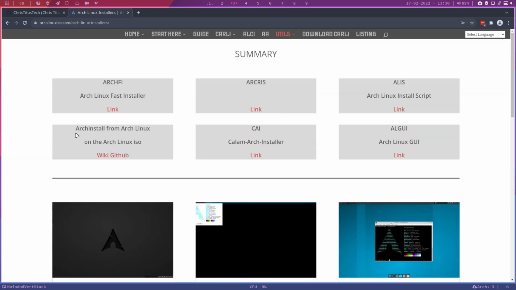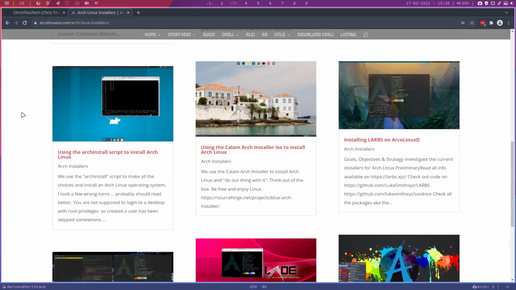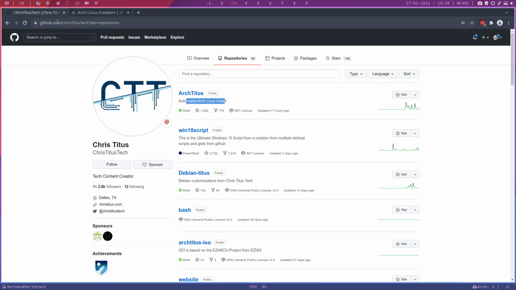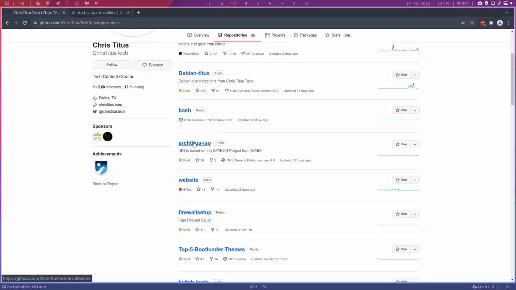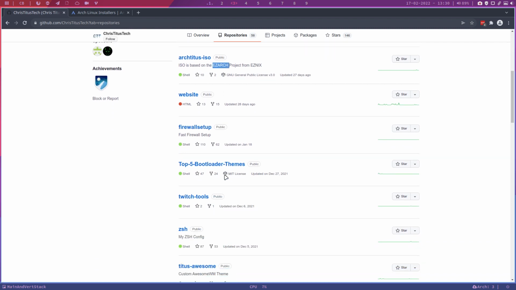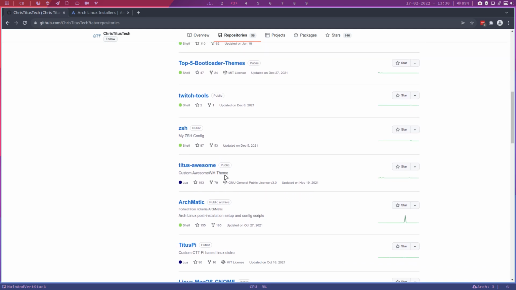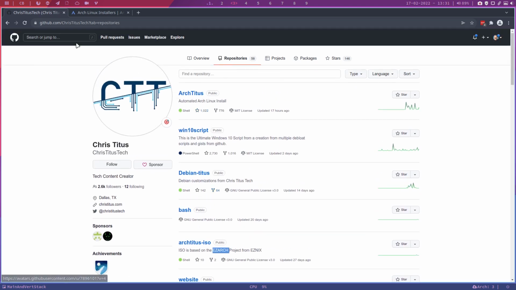There are many more people who do exactly the same thing as we, right? Get Arch on our system, and that's it. So it is an interesting playground. All kinds of Lego blocks, put them all together, and you've got an operating system. So there's more Arch Titus ISO based on EasyArch and so many other things. But I came here for the awesome